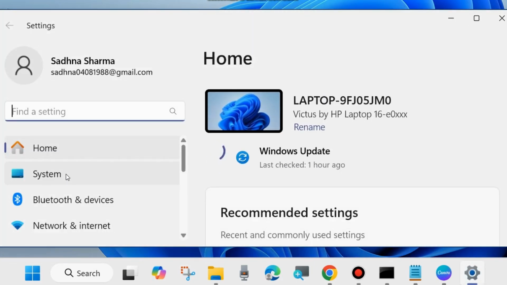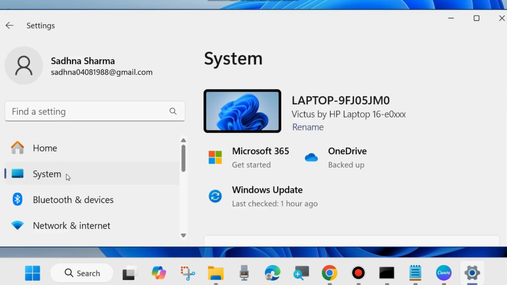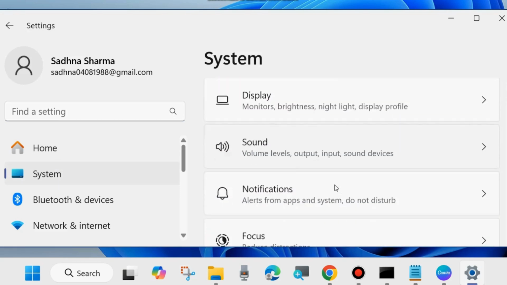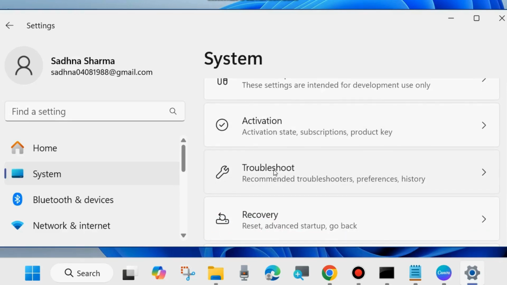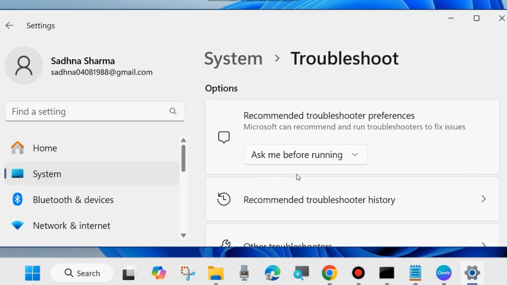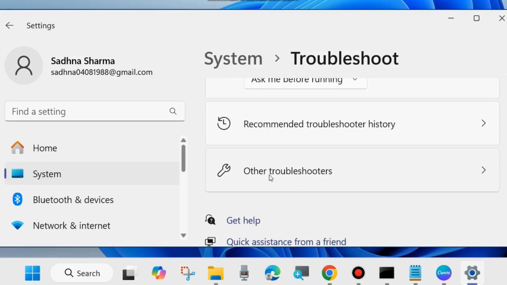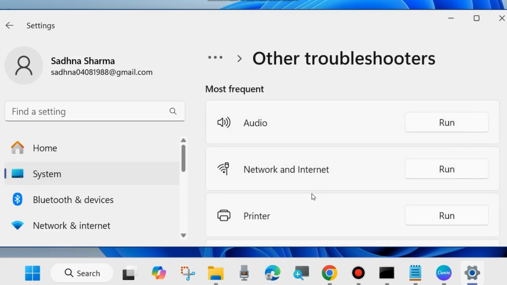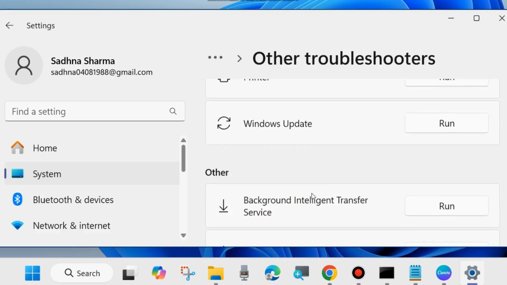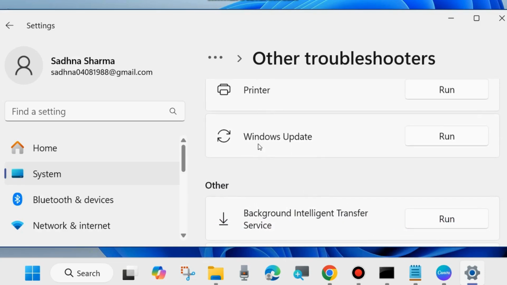Here from the left side, go to system settings. Thereafter go to the right side and here you will find the option troubleshoot. This is an inbuilt tool of any Windows system, and here choose other troubleshooters. If your Windows update is not installing or downloading, then you can run Windows update troubleshooters. Click on the run button against Windows update